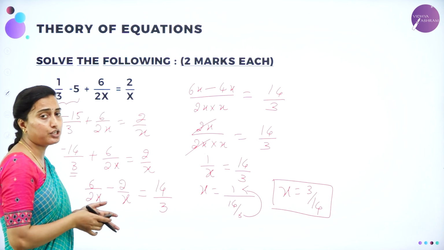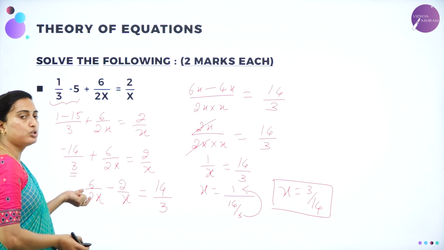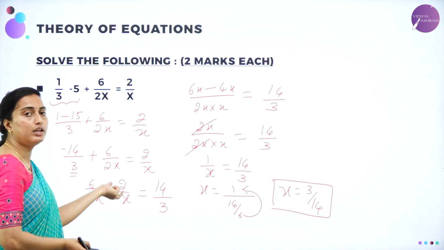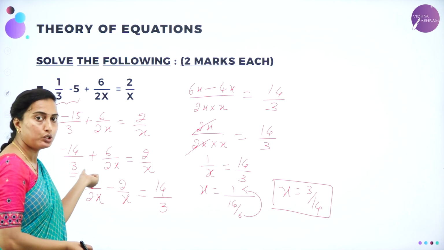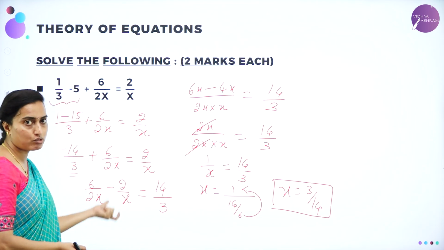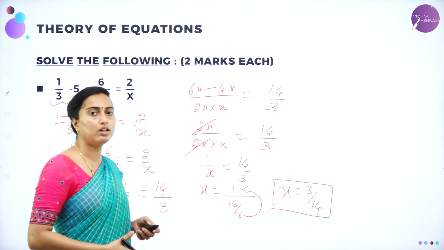If you want to take the actual LCM, you can take it as x as the LCM, then you can multiply this by 2, this one as by 2. So therefore 6 minus 4 will be giving you 2. 2 will get cancelled. 2x will be the LCM. Okay. So 1 by x only remaining. That is how you can do it. Understood? This is how we are going to solve the problem.